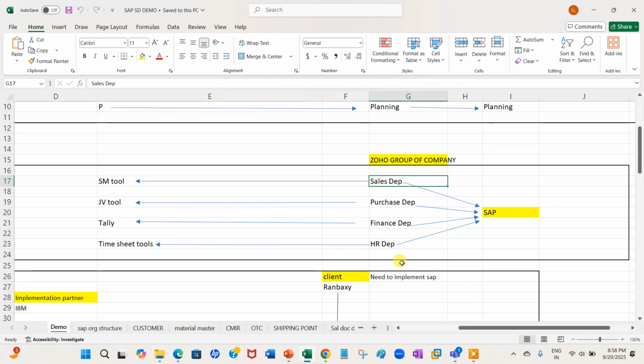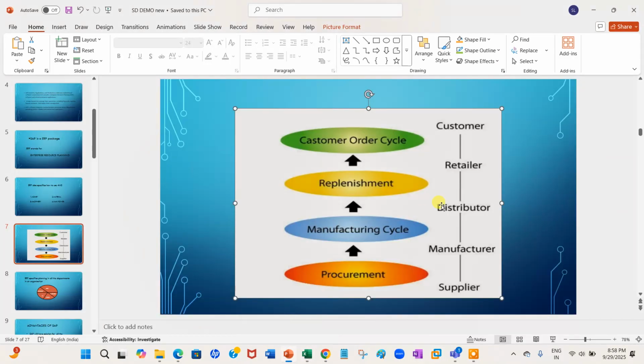When coming to the entire thing, I have to unite everything with the help of SAP. SAP is the software. It will provide you information on all these things. In that case, what will happen? We will not lose the customer. See, this is the general example I gave, where I included SAP.